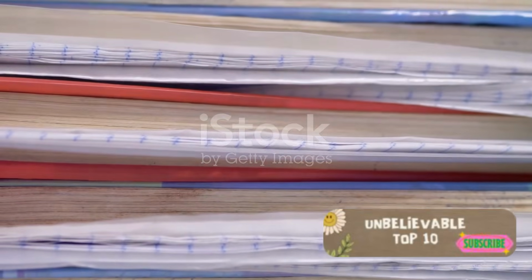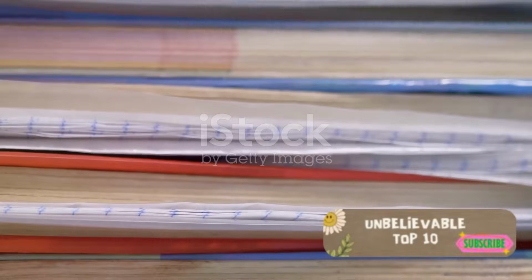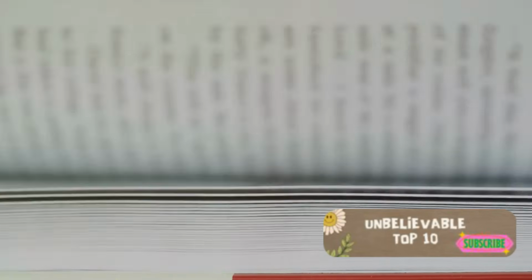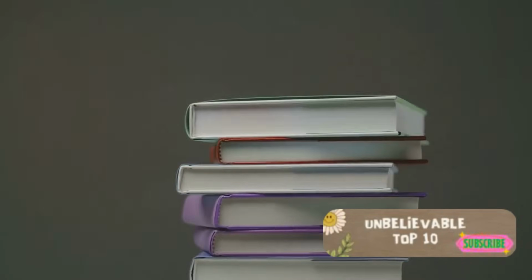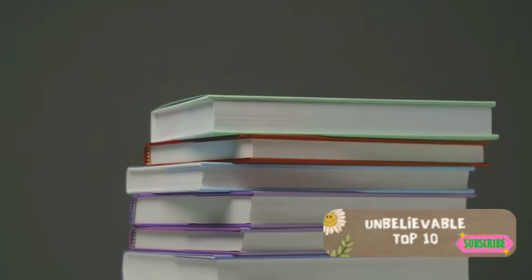The common misconception that they were all Christian is far from the truth. While many of them were indeed Christian, a significant number of these influential figures identified as deists. What does that mean? Deism is a philosophical belief in a higher power, a creator who does not intervene in the universe. Unlike Christianity, which follows the teachings of the Bible, deism does not adhere to any particular holy book